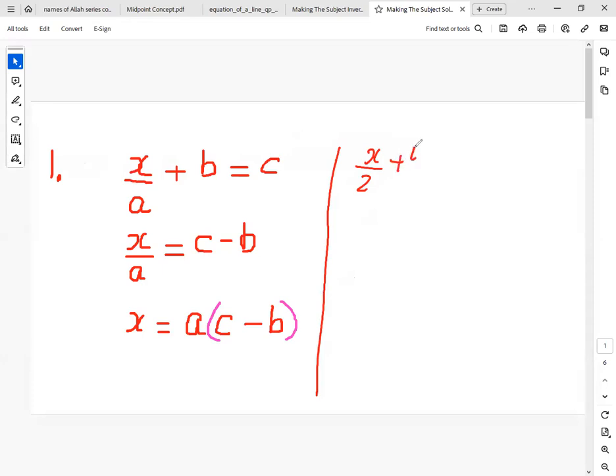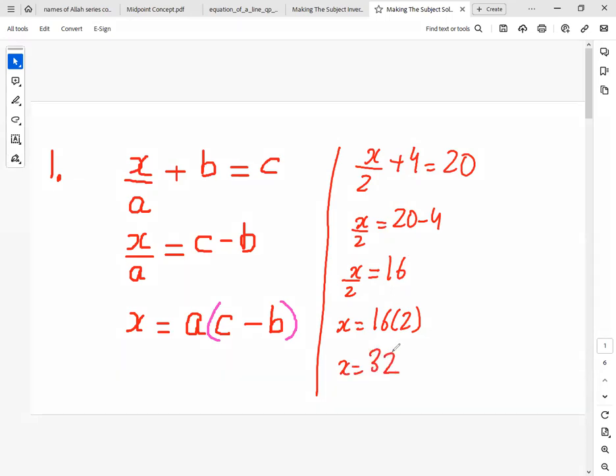Let's say x over 2 plus 4 is equal to 20. First you take the 4 to the other side, and you get x over 2 is equal to 16. Then to find x, you multiply 16 with 2. You get x is equal to 32. Right now we're just dealing with alphabets or variables, but you could easily do the same with numbers. Next example,